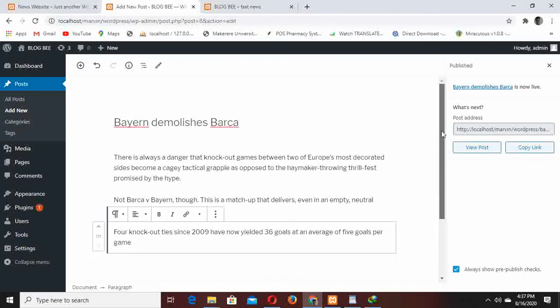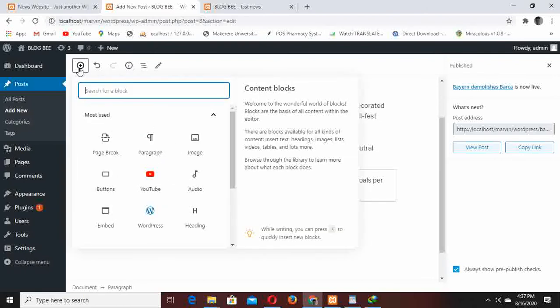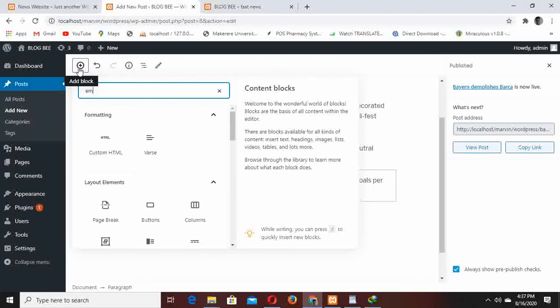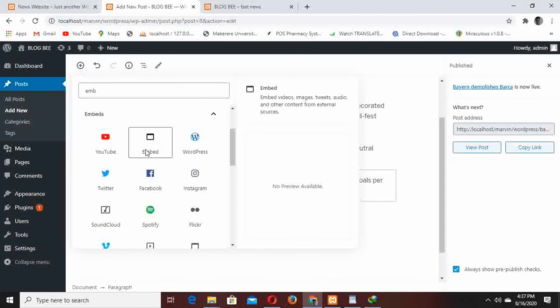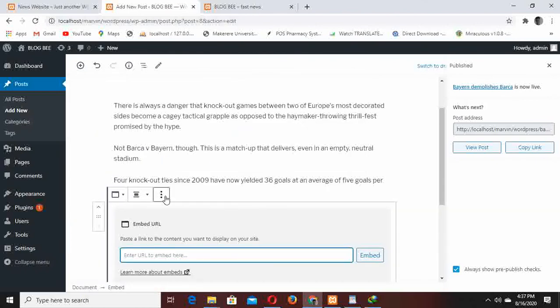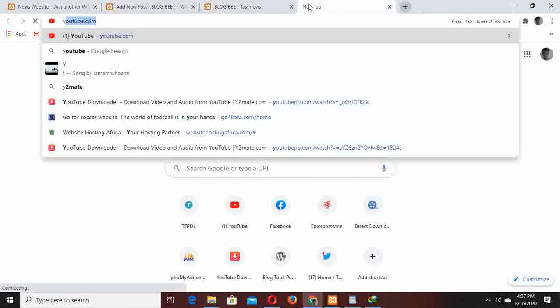Like in this post, if you want, you can add an image. Maybe you want to add the goal highlights of that match. If they aren't copyrighted, you click on embed. So when you click on embed, you can put anything like a YouTube link. So I'll have to go to YouTube, and